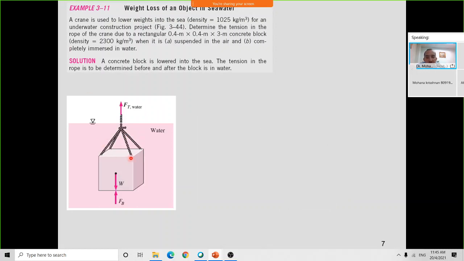Now the second question, part B, is completely immersed in the water. Now the cube is in the water, so how much is the tension on the line? First, still the free body diagram. Now there are three forces: the tension on the rope, the weight, and the buoyancy force, because the cube is now submerged in the water. So Ft equals W minus Fb,